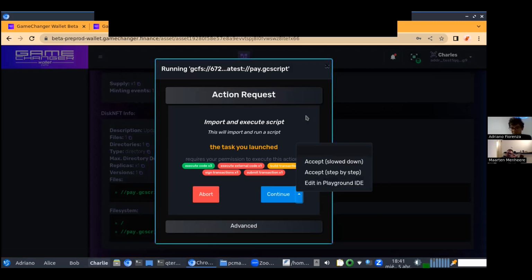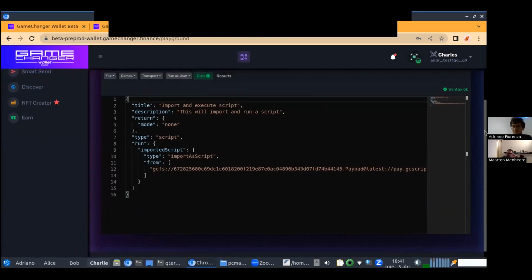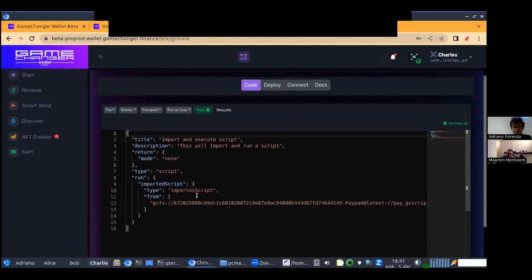So this dApp connector launched by GameChanger Wallet has the minimal code to call this on-chain script. And we are going to benefit from that code, because it's very minimal and it's easy to do it this way. This is the code that GameChanger runs when GameChanger wants to call this file. This string here is